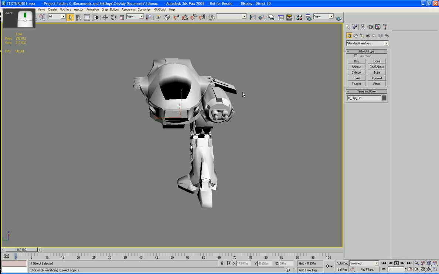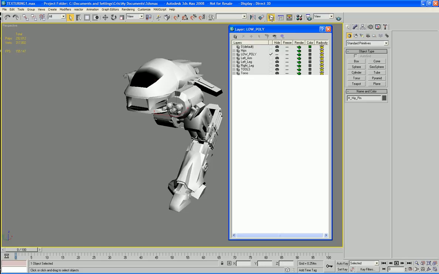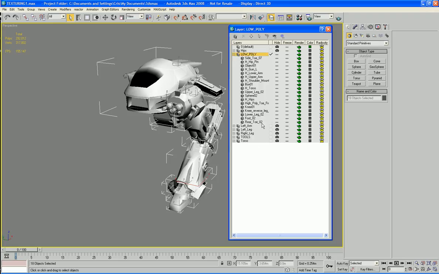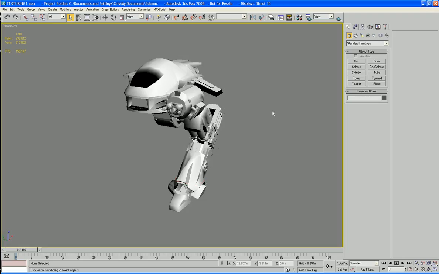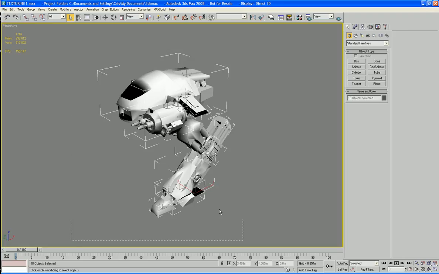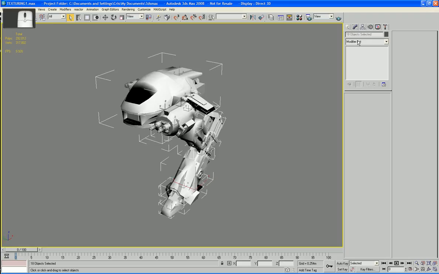Right, so with everything all hidden, I'm going to make a new layer, and my new layer is going to contain all this stuff here, and it's called low poly. As you can see, I've already done this. Right. Now, first thing I need to do, convert to poly, make sure it's all converted down,